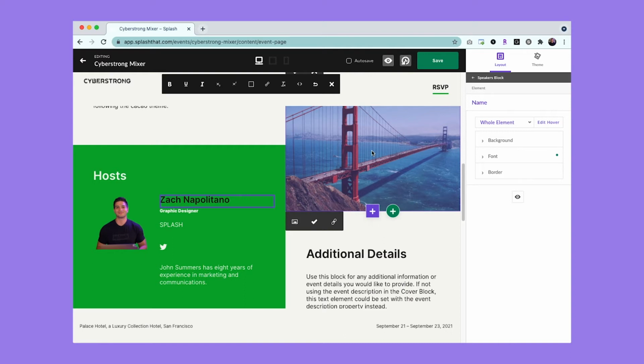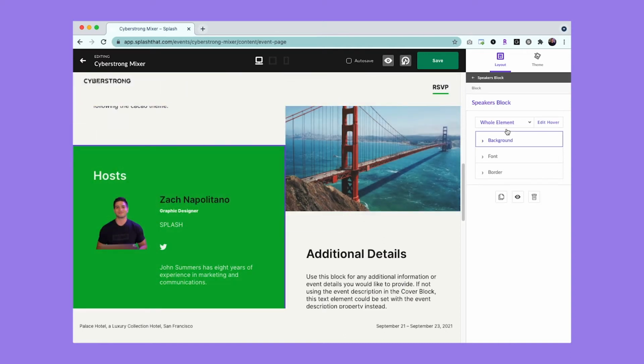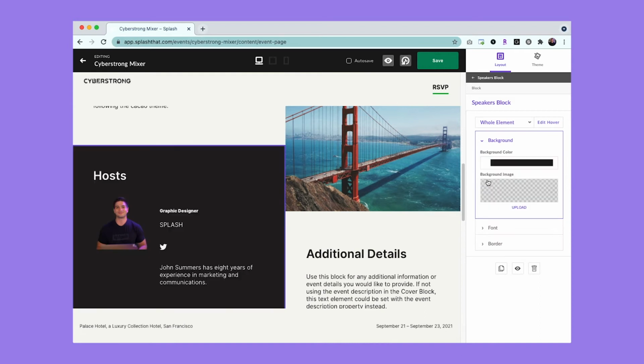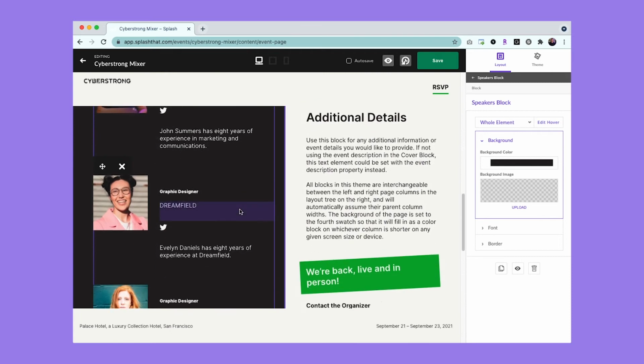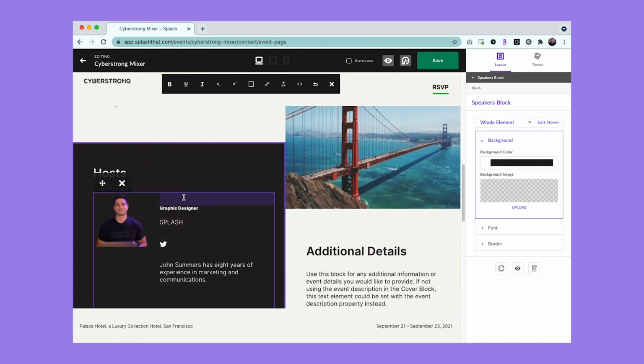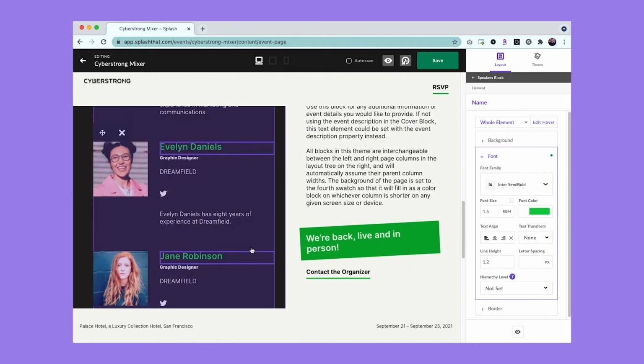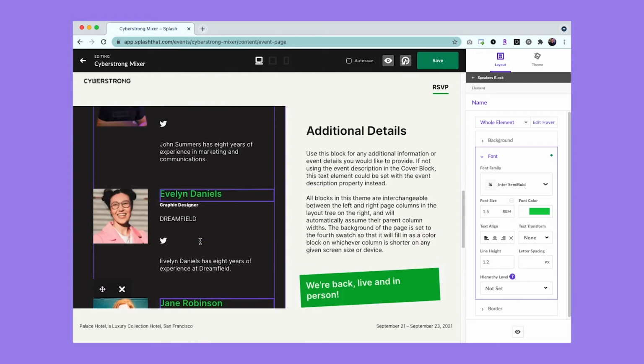Now let's have a little more fun with this block. So I'm just gonna click on this block's background, come to the background area. I'm gonna change this up to black. And then what you're gonna see here, to make this pop a little bit, I'm gonna click on my speaker names and change that to green. And you can see in doing so, it doesn't just look great, it does it for all speakers within the